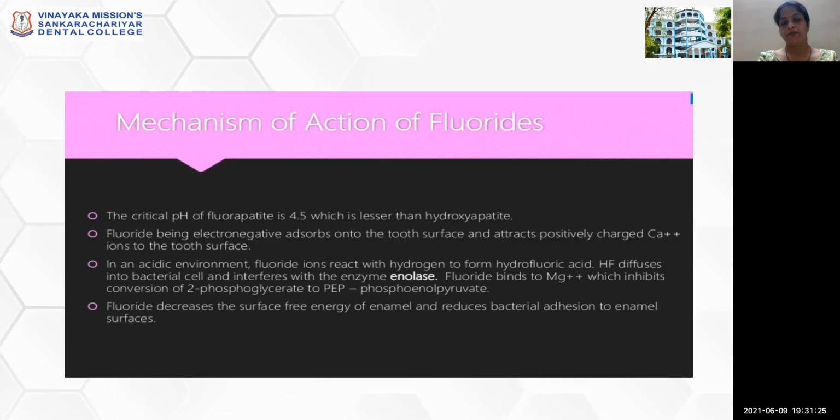Coming to the mechanism of action of fluoride. The critical pH of fluorapatite, as I already mentioned, is 4.5, which is lower than hydroxyapatite, which is 5.5. Fluoride being electronegative, it absorbs onto the tooth surface and attracts the positively charged calcium onto the tooth surface. In an acidic environment, fluoride ions react with hydrogen to form hydrofluoric acid. Hydrofluoric acid diffuses into the bacterial cell and interferes with the enzyme enolase. Fluoride binds to magnesium, which inhibits the conversion of 2-phosphoglycerate to phosphoenol pyruvate. So the main mechanism is that fluoride decreases the surface energy of the enamel, reduces the bacterial adhesion, increases the enamel resistance and maturation,